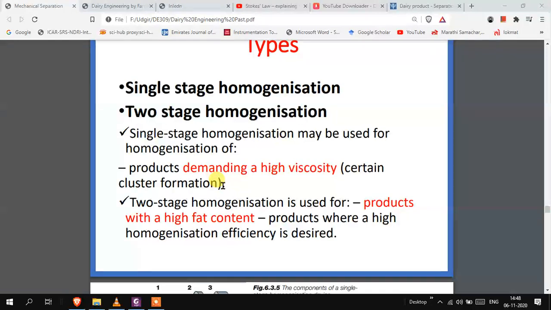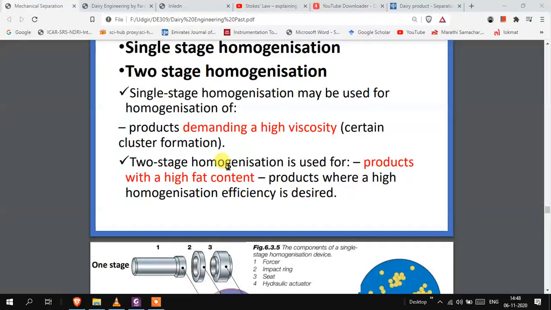तो जहाँ पे हमें प्रोडक्ट की विस्कोसिटी ज़्यादा चाहिए होती है उस केस में हम सिर्फ सिंगल स्टेज होमोजेनाइजेशन यूज़ करते हैं। और टू स्टेज होमोजेनाइजेशन कहाँ पे यूज़ करते हैं? जहाँ पे मतलब कि हमें क्लस्टर फॉर्मेशन नहीं चाहिए। जैसे कि मिल्क में नहीं चाहिए कि जो मिल्क पहले ही ब्रेक हो चुका है वापस से जुड़ जाए, जब उनका कोई क्लस्टर फॉर्मेशन हो। तो उस केस में हम क्या करते हैं कि टू स्टेज होमोजेनाइजेशन हम यूज़ करते हैं। तो पहले मिल्क एक वॉल सीट से गुजरेगा, वहाँ पे ब्रेक होगा, फिर उसको हम लो प्रेशर पे थोड़ा फिर से पास करते हैं ताकि वो आपस में फिर से क्लम्प ना हो, दैट्स व्हाई वी यूज सेकंड स्टेज होमोजेनाइजेशन।